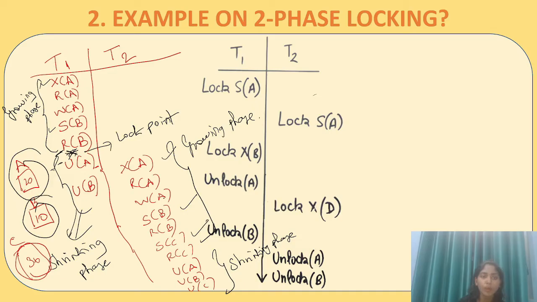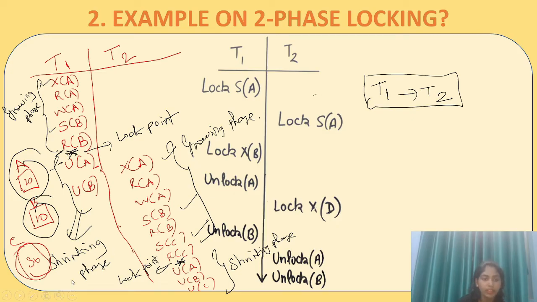And where is the lock point of T2? Again, where is the last lock acquired? Over here. Shared lock on C. And where is the first lock unlocked? That is A. Shared lock on data item A is unlocked first. So in between you have to put the lock point. Now this is the lock point of transaction T2. So which one is having the first lock point? T1 is having the lock point on top and T2 is having the lock point down. So this is the schedule. T1 then T2 will happen. So this is a serializable schedule. First T1 will complete and then only T2 will complete. So this is an example on two-phase locking.